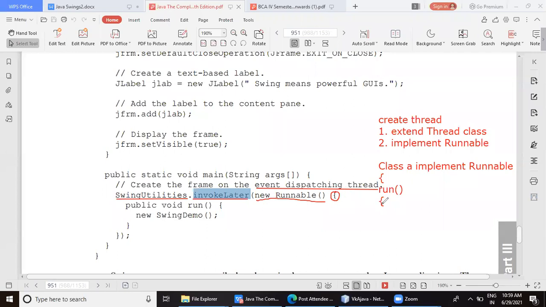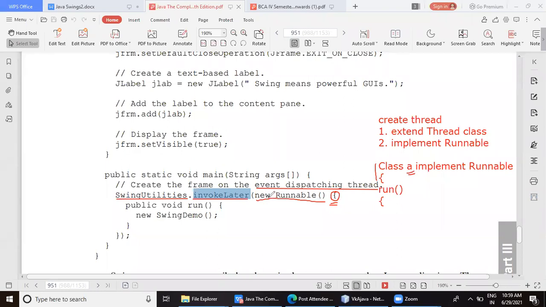What is this? Anonymous inner class. Yeah, so here I have created flower bracket. That means it is as good as I have written these two lines: class A implements Runnable. Only difference is I have not named my class, but I have created a class just by using a bracket here and by using this instance.